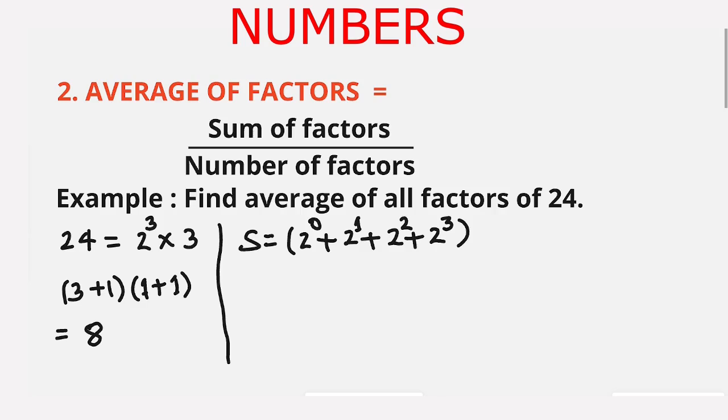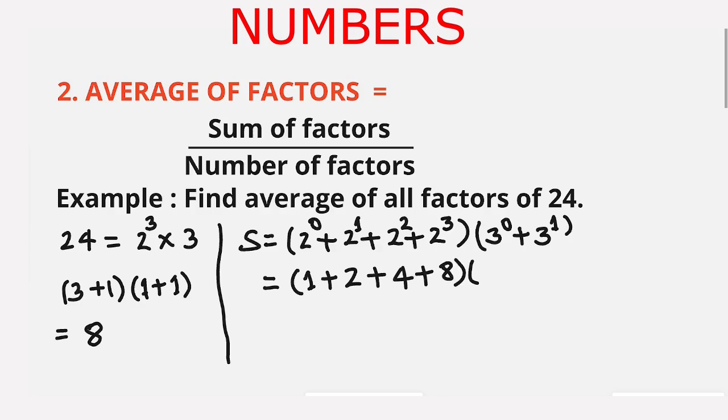As the power of 2 is 3, we start from 2 to the power 0 and add up to 2 to the power 3, multiplied by 3 to the power 0 plus 3 to the power 1. This is equal to 2 to the power 0 is 1, plus 2 to the power 1 is 2, plus 2 to the power 2 is 4, plus 2 to the power 3 is 8, multiplied by 3 to the power 0 is 1 plus 3 to the power 1 is 3,